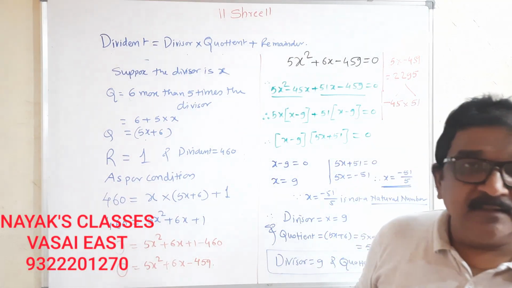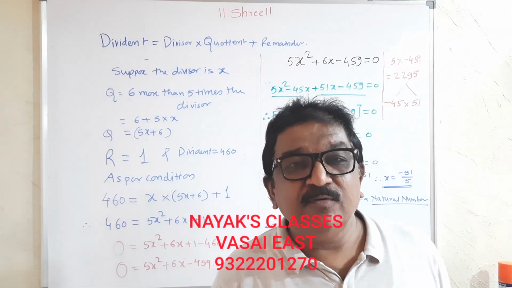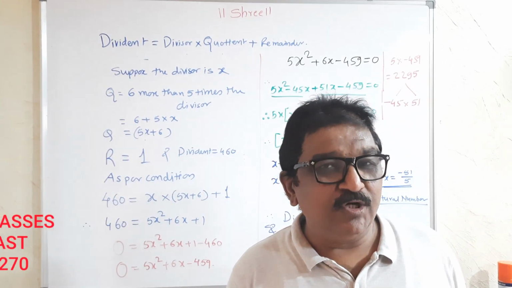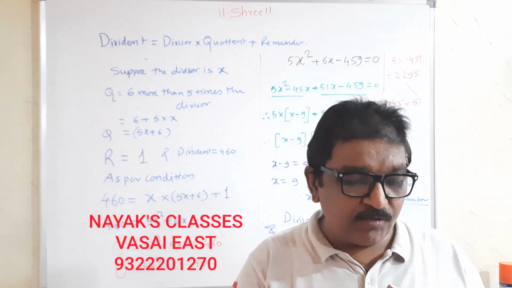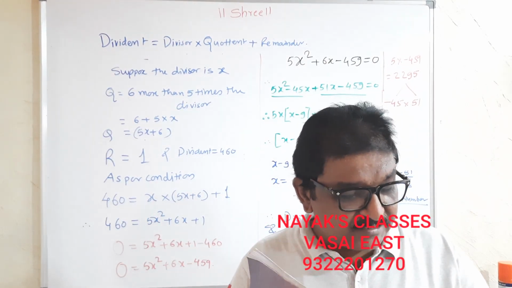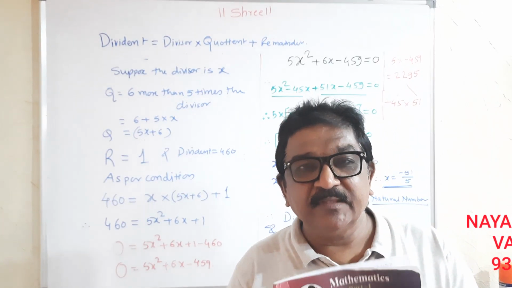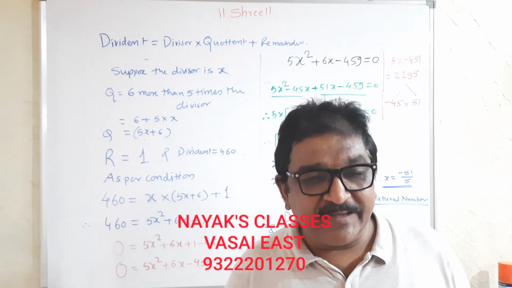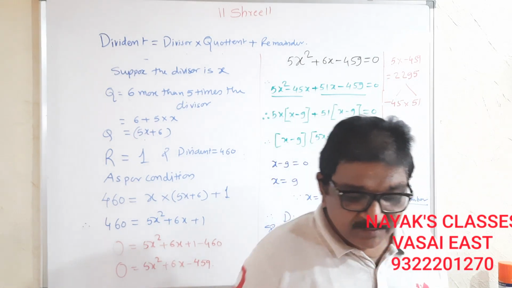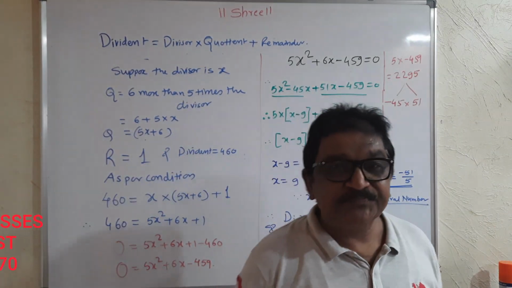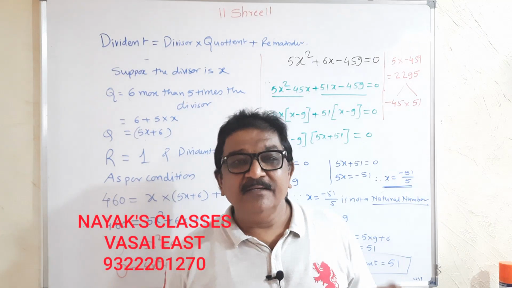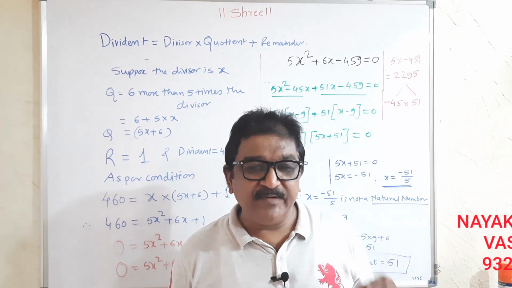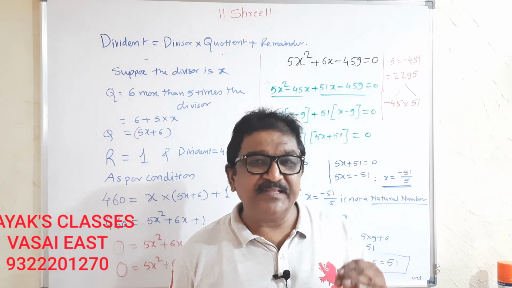Clear? The last example I am going to give you as homework. I have solved 9 examples out of 10. One example you have to do to squeeze your brain. Okay? Thank you. This finishes our quadratic equations. Now I am starting geometry, second lesson, Pythagoras theorem. Please be ready for Pythagoras theorem.